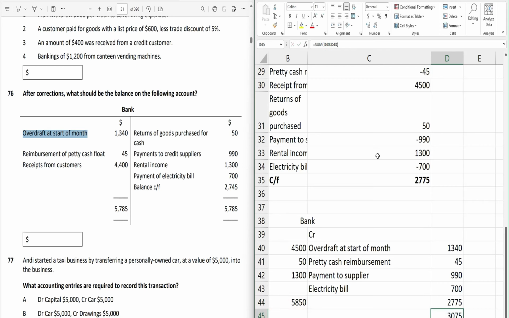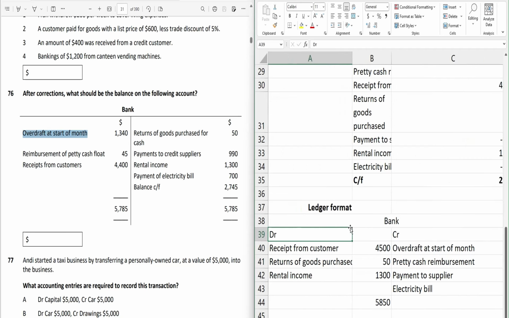Okay, perfect. So you can solve this question in the ledger format as well. It's your choice. Up to this much, I mean question 76, we will do in the current video,